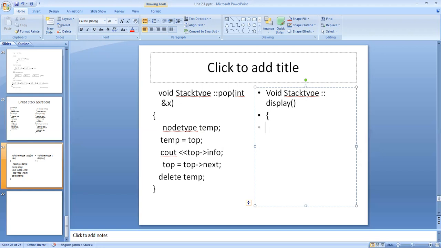As I said in the last class, the values of the stack will be displayed from the node pointed by top. We cannot traverse the external pointer top from the current node till the last node. So for that, what we do is we put some extra pointer connection to the node pointed by top. Let me call that as temp.